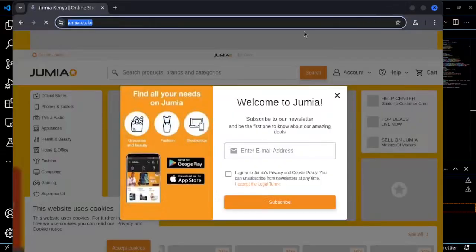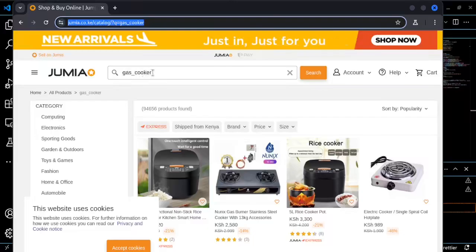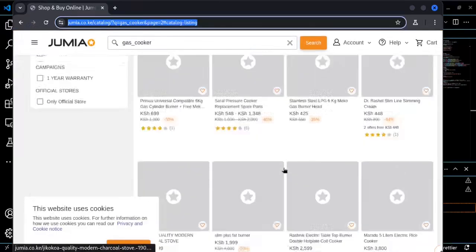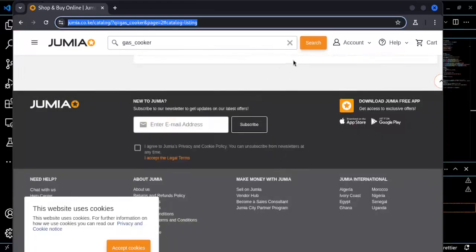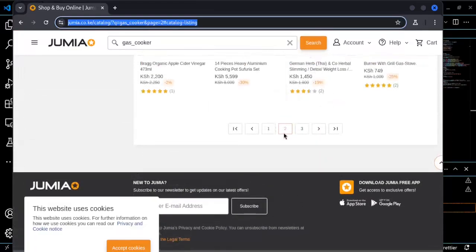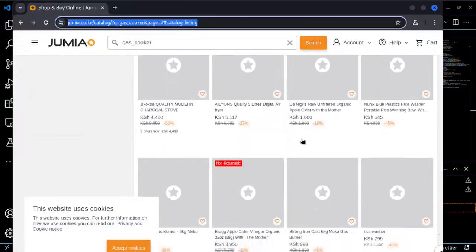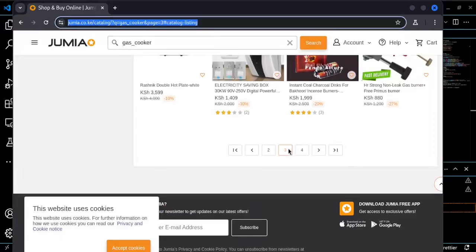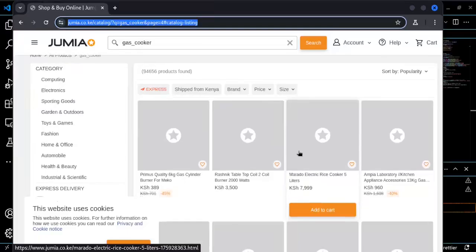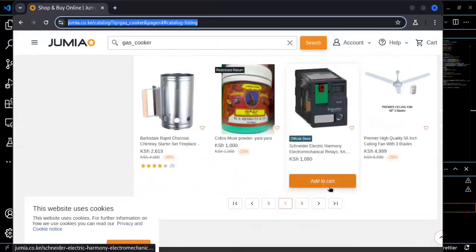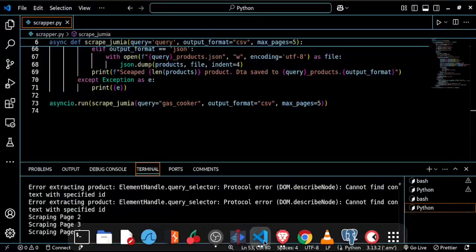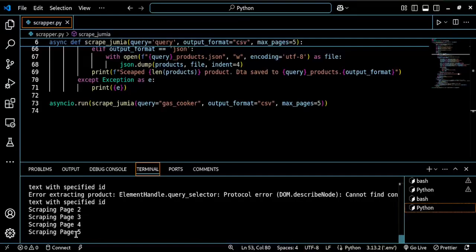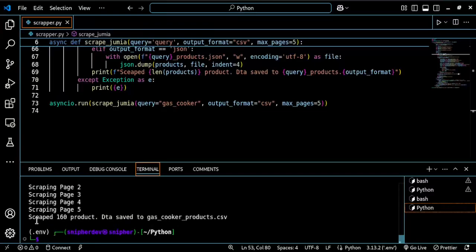It opens the browser window and populates gas cooker as our search term, then scrapes the first page and moves to the second page. You can see under the pagination here, we are on the second page. Once it's done, it will move to the 3rd page. You can see it has moved to the 3rd page. Then it will move to the 4th page, and then to the 5th page. If we go back to our terminal, you can see scraping 4th page, and then scraping the last page, which is page 5. Okay, you can see scraped 160 products,